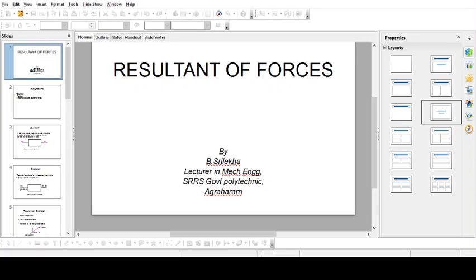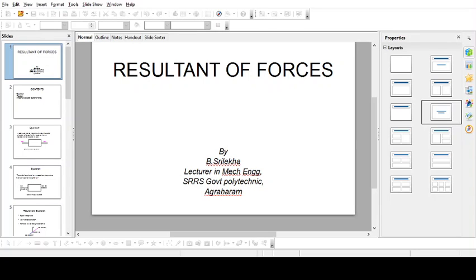See here, if it is a push, you can see the arrow is away from the body, so the body will be pushed towards the left side. If it is a dragging, pulling type of force, the body will be moved towards the right side. So depending upon the nature of the force, the body will move. Wherever the effect of force is higher, the body will move. But in case of an equilibrium condition, on both sides the forces will remain equal.